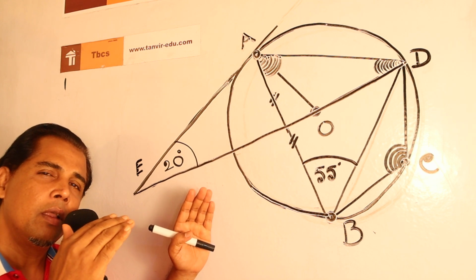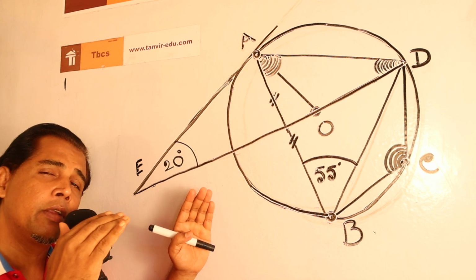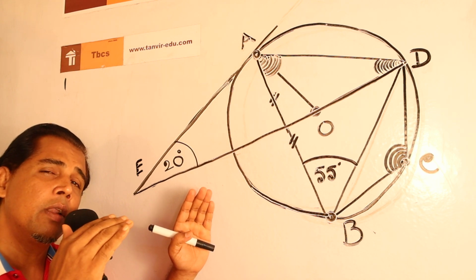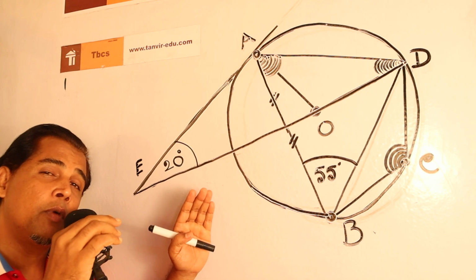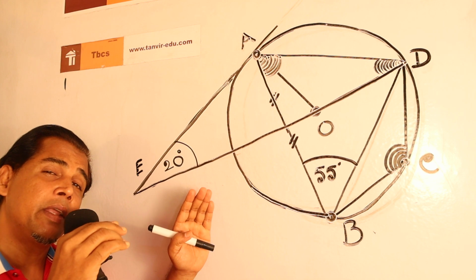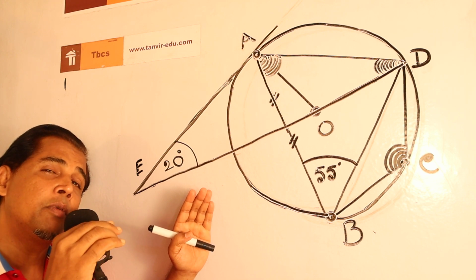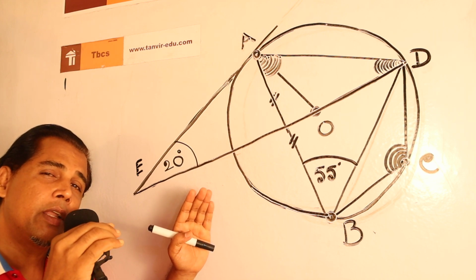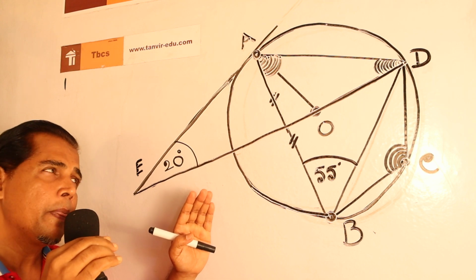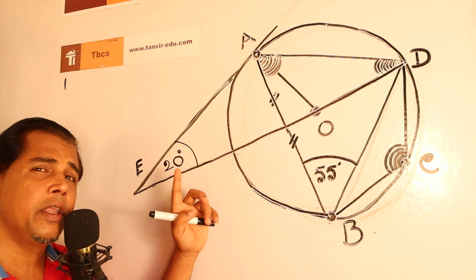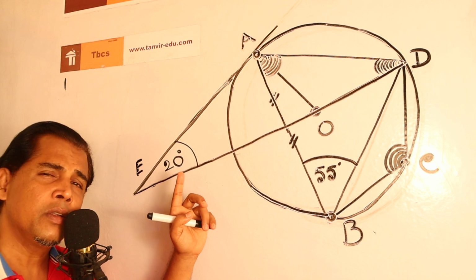Entering the exam hall, you need to believe that different situations need to be solved with different formulas. In O level, describing the formula is not very important. Moreover, you need to show some working. But where a reason is expected, you have to mention the reason very clearly. Here we have 20 degrees in the exam hall.